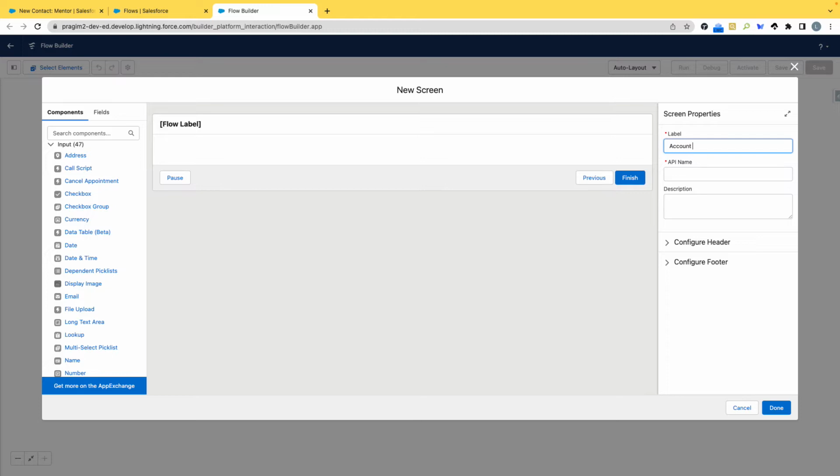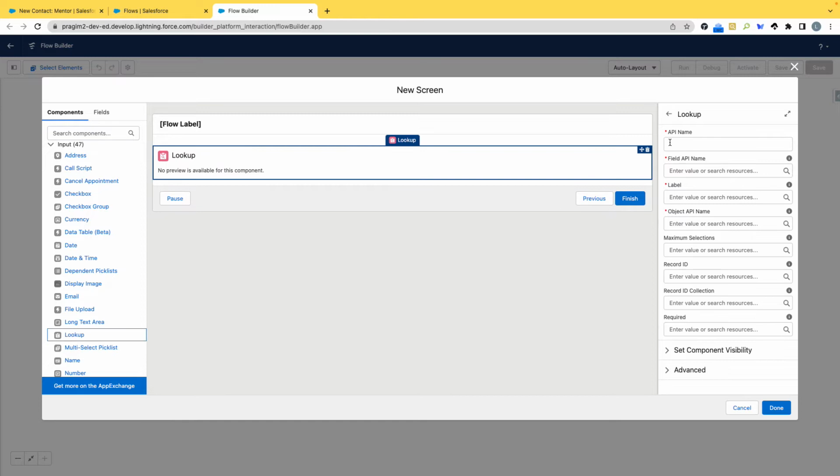Account information. So I need to get an account information. So in account information, in this screen, user will select the account details. So this is my flow done, and then I'll say that lookup. There is a field called lookup. Here you can see there is a lookup, isn't it? So I can use lookup and object name I'll say that